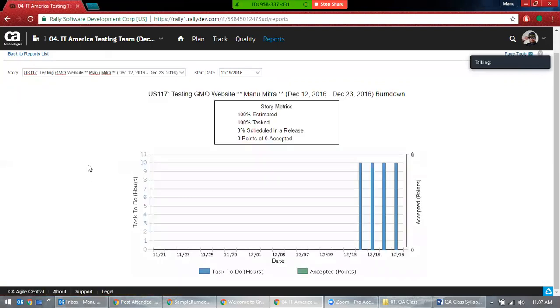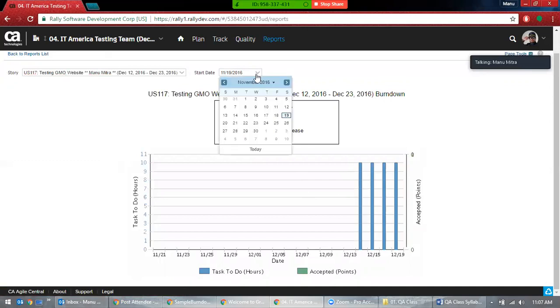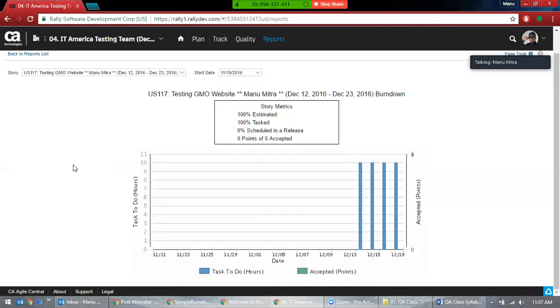So here you can get your own charts automatically designed. In the traditional way you used to use big printers and print all these big charts. Now it's not required. Online you just put the story number, and it shows up the story. Whatever your start date is, put it in, and that graph is automatically plotted for you. So it's automatic. You're not going to do anything manual here.